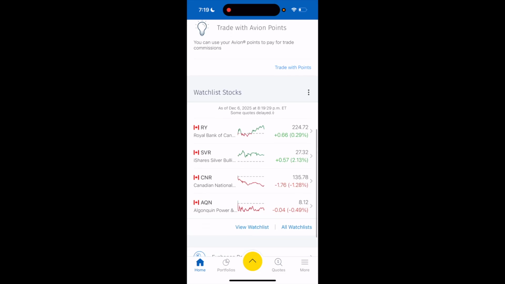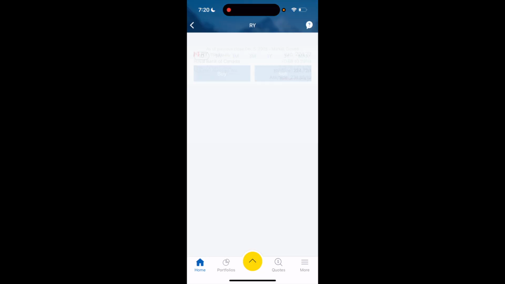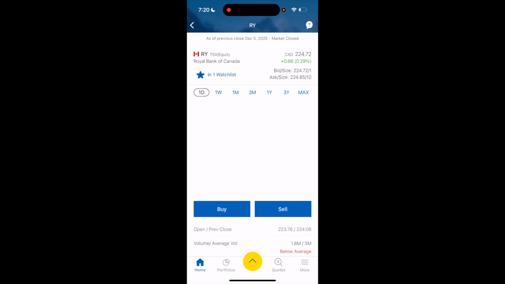So for this example, I have 4 stocks here. If I wanted to remove one of these, I'll just go to RBC at the top here as an example. I'll just go ahead and press on it. It'll then bring it to this new page right here where it tells you all this information about the stock